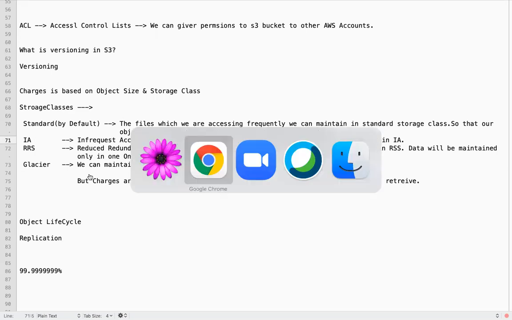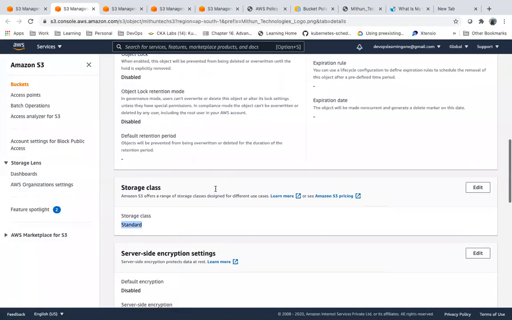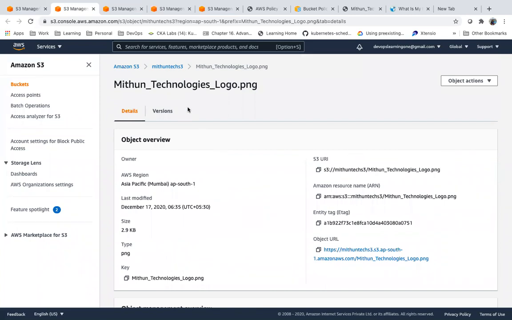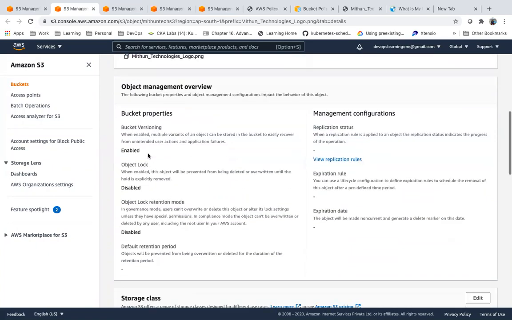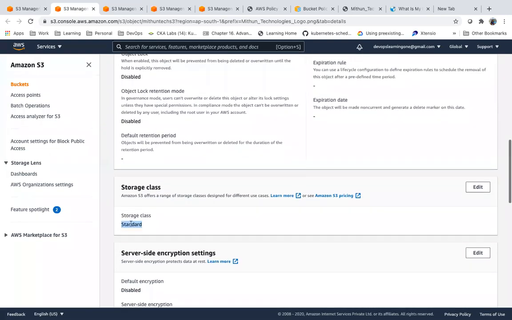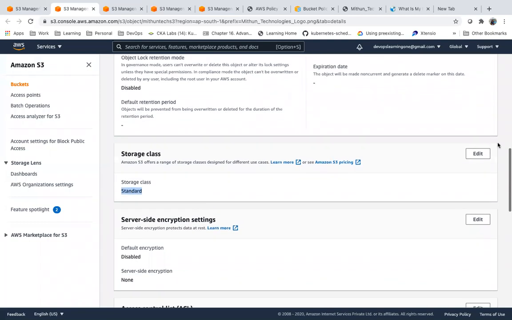So do I need to manually change this? Suppose this object, which is in the standard storage class, I am not using very frequently. Do I need to change it manually? Suppose hundreds of files are getting uploaded to S3. As we discussed yesterday, in real time, how can we upload, save or retrieve objects?